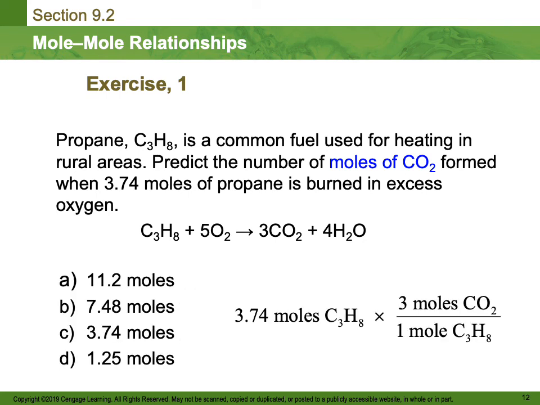When we set up the math, we now have 3.74 moles. We multiply this by our mole ratio, and we can see that the moles of propane are going to divide out. So it's 3.74 times 3 divided by 1, and the unit that is left is moles of carbon dioxide. So when we do this on the calculator, let's see what we get. We have 3.74 times 3, and with significant figures, it should be 11.2. So let's see if 11.2 is the correct answer, and that is the correct answer. When you feel ready, try a few problems on the worksheets before you move on to the next presentation,